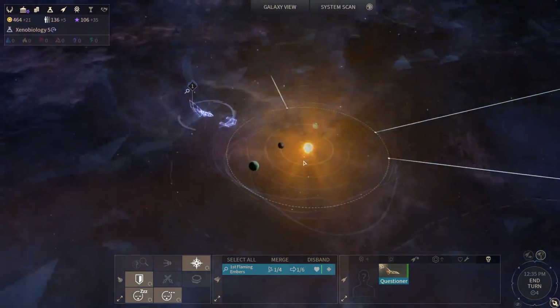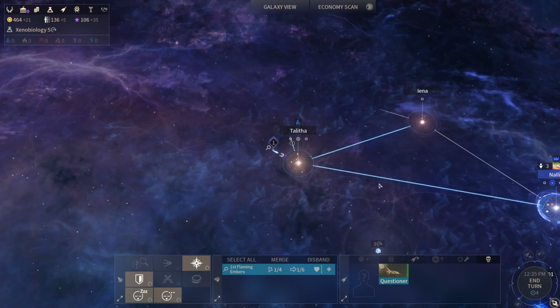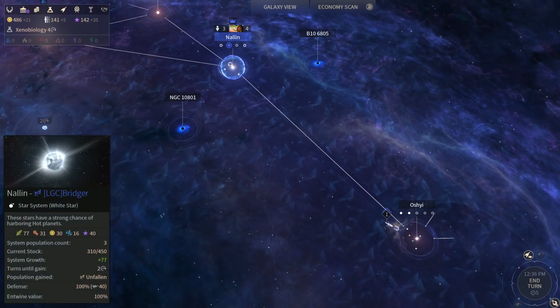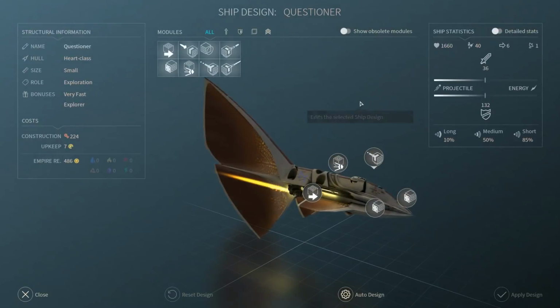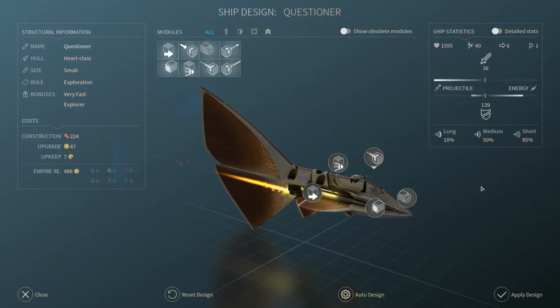I kind of want to stay here at Talitha and look through these other curiosities, but I think I just want to keep exploring the galaxy first. We'll build more probe ships to do more curiosity exploration. And in fact, let's look back at that again. Was there nothing we'd want to change about this design? I think the only change I would make is I would give some shields in addition to some...